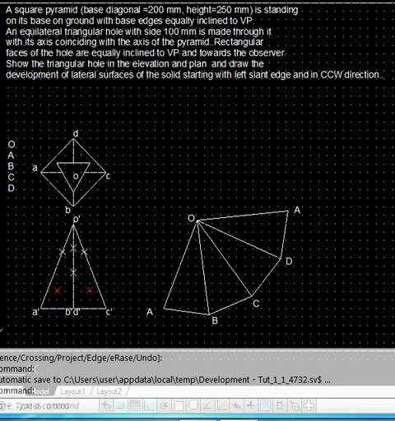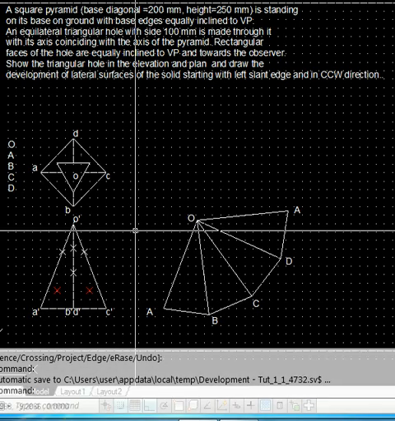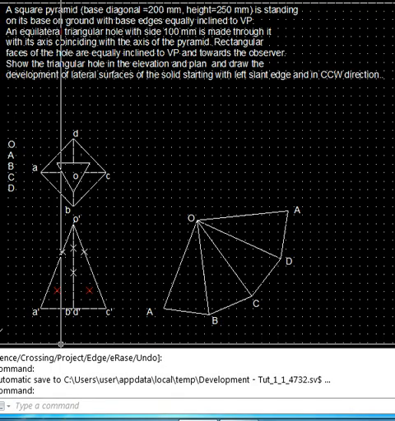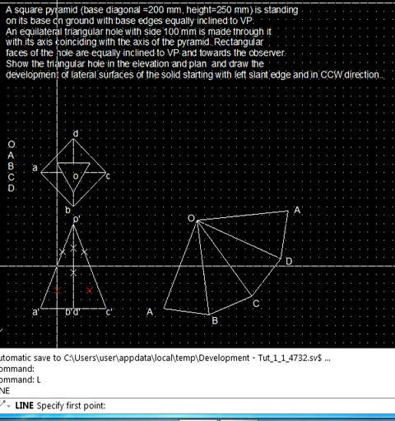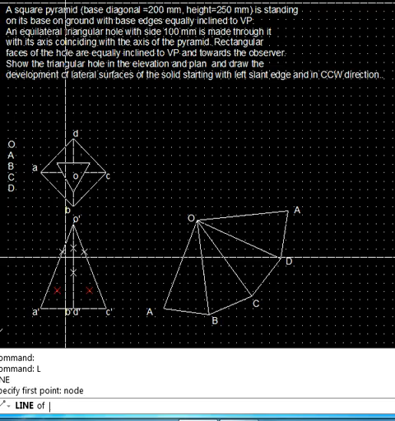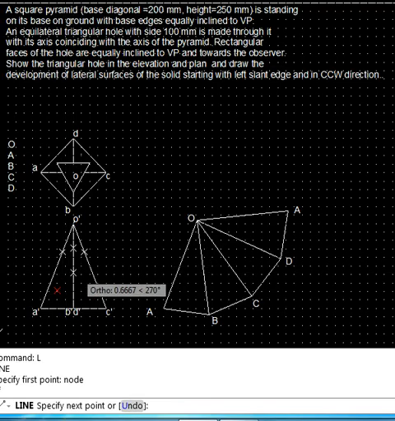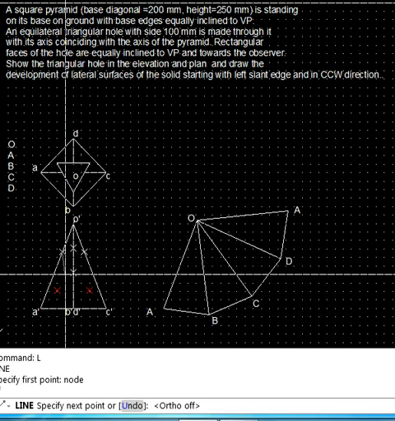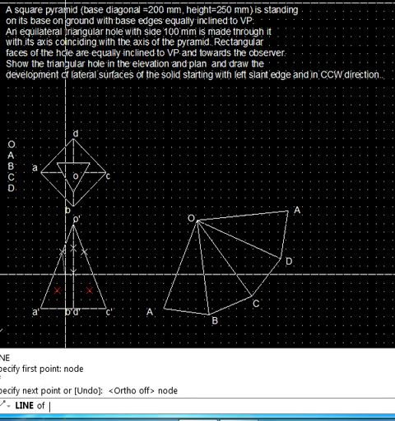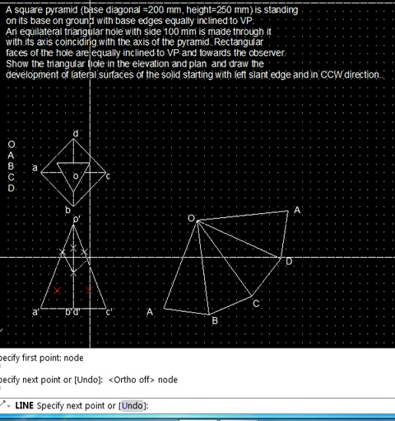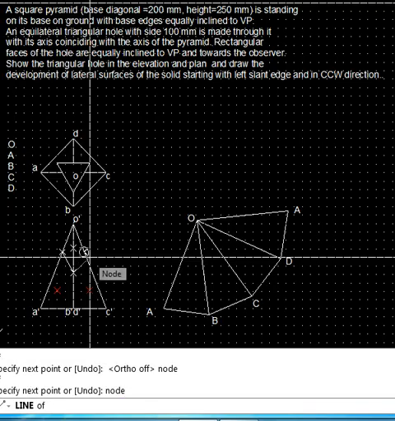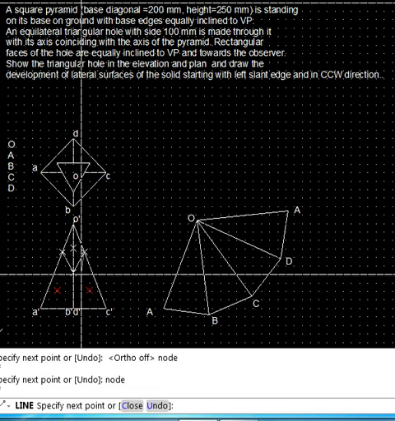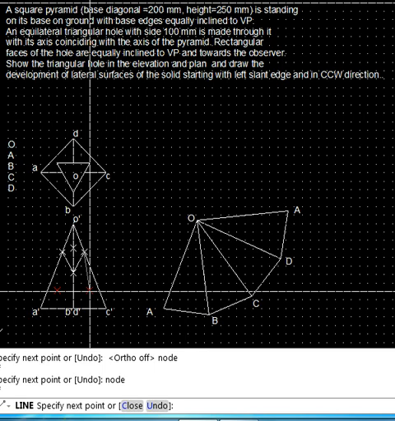So we start with the OA edge. The point on the OA edge is here. We start with that node. So switch off the ortho. Then we had this point on OB. Then we have this point on OC. After that we had the point on the